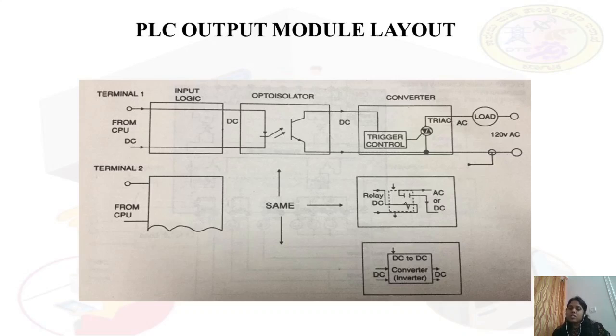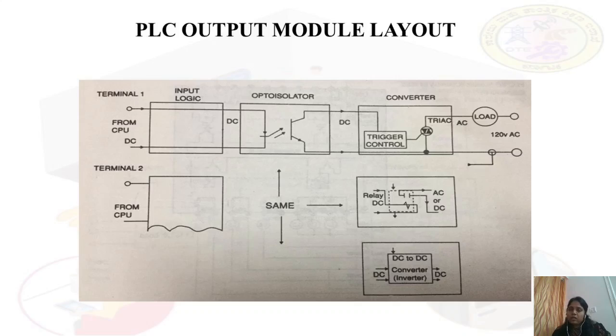This triac is a 3-terminal device. The current will flow in both directions. The triacs are mainly used for AC signals. Understood? And here, after your conversion, you will get an AC signal. Understood? And this will be given to your output module. Then the output module means whatever it may be, whether it is a motor, lamp, etc., it will actuate according to your CPU, what instructions it has given according to the program written by the